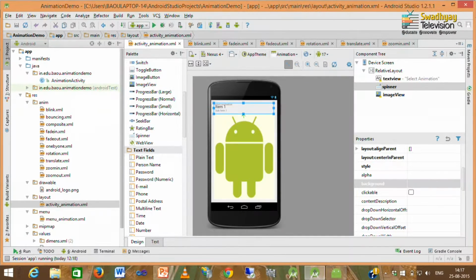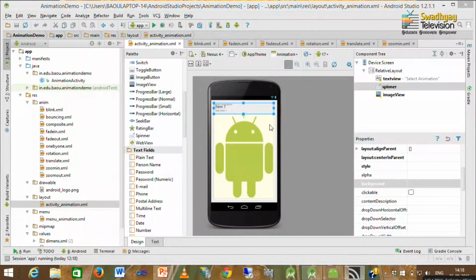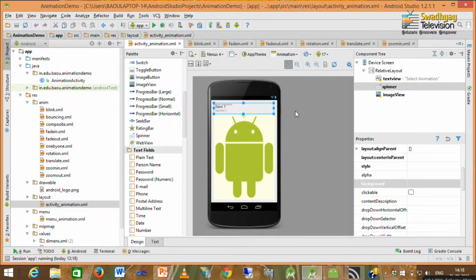Now, I have already created one application to demonstrate. You can create a new application. First, we understand the user interface. So, on screen you can see, if you follow the mouse pointer, you will see there is one text view